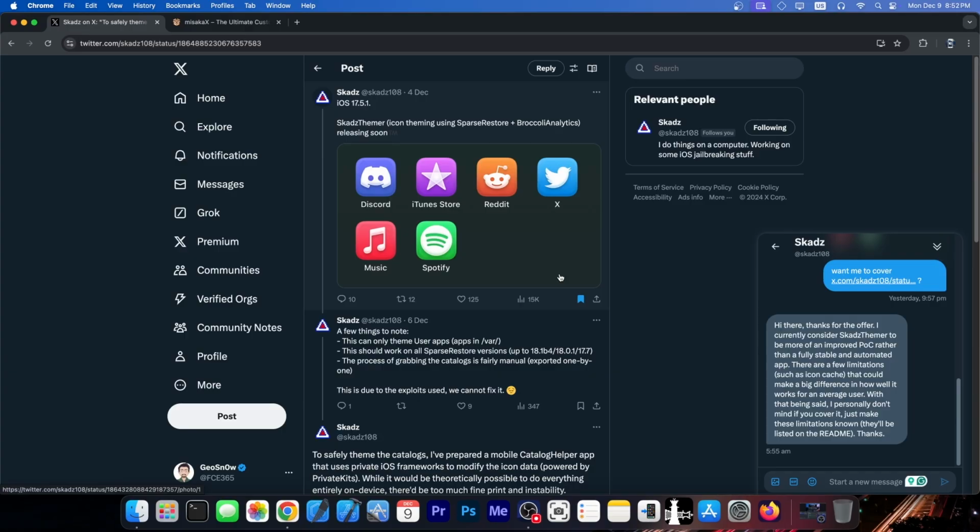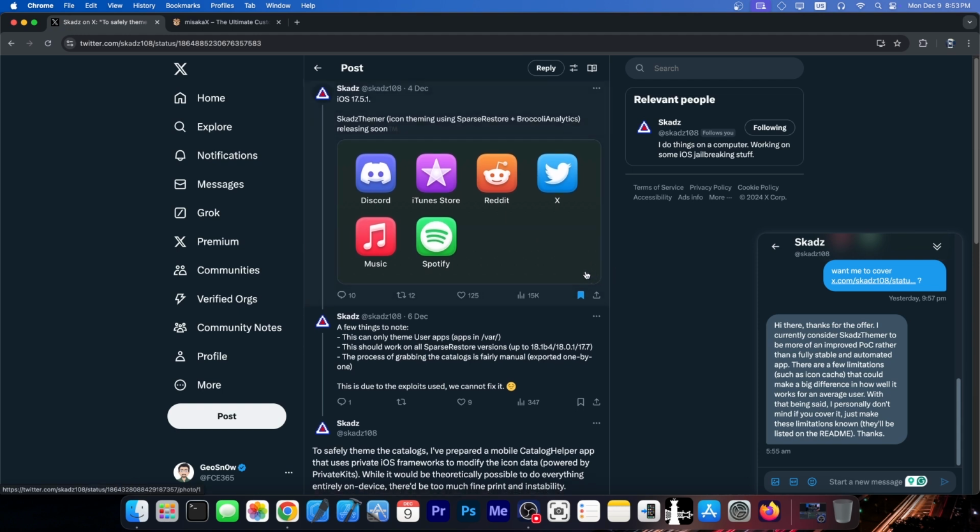So while you will be able to theme your icons, because this is based on such a weak exploit, it's actually going to be a little bit of work to get the icons to work, not like a normal jailbreak theme that you install once and it applies the icons to all your apps. You might need to theme them manually one by one, but this is completely without a jailbreak. So this is actually quite great, but you should take it as a proof of concept for the moment,